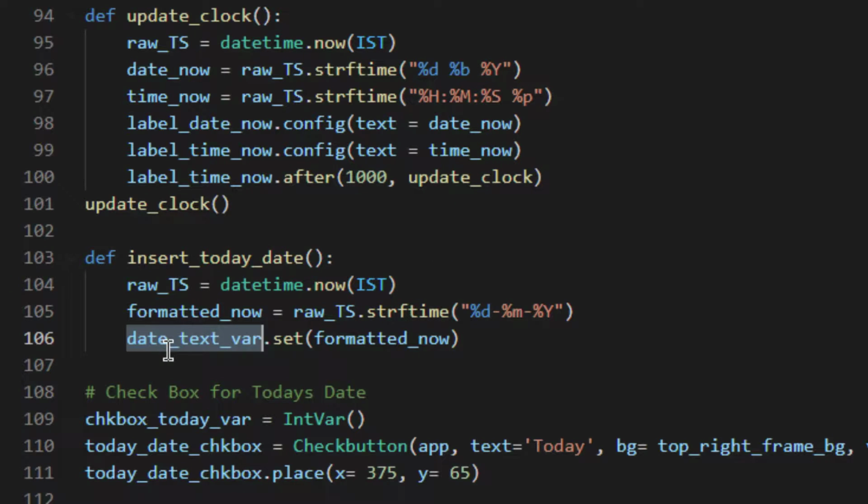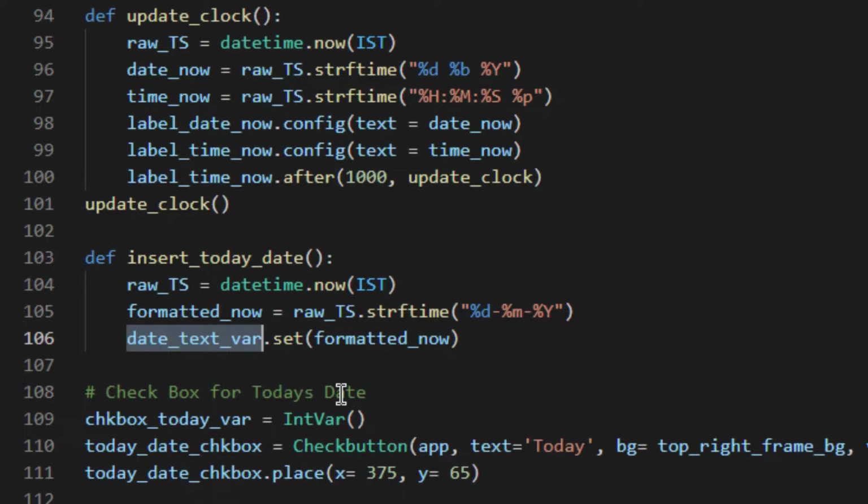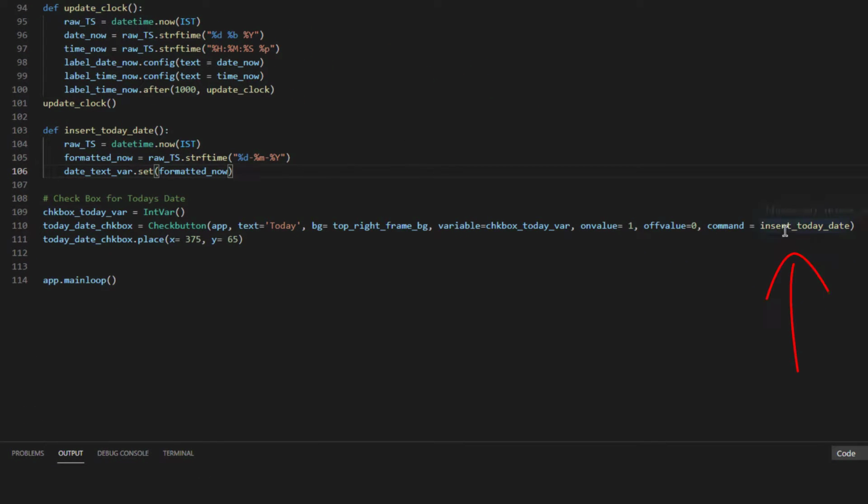So I will grab this information and set the value of that text box, which is the date field, with this information, right? So once a user clicks on this checkbox, it will trigger this function, and this function in turn does these things, right? Take the timestamp and extract the date from it, convert the date into the particular format, and push the particular date into the date field.